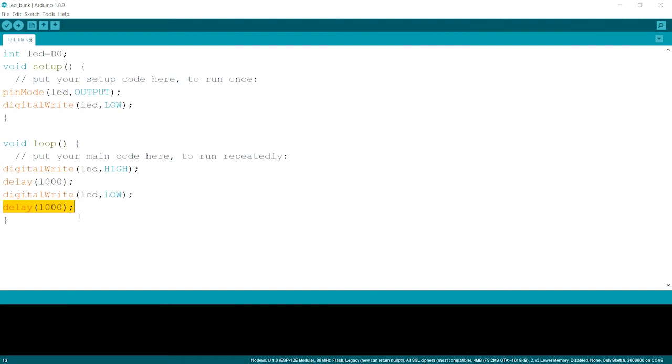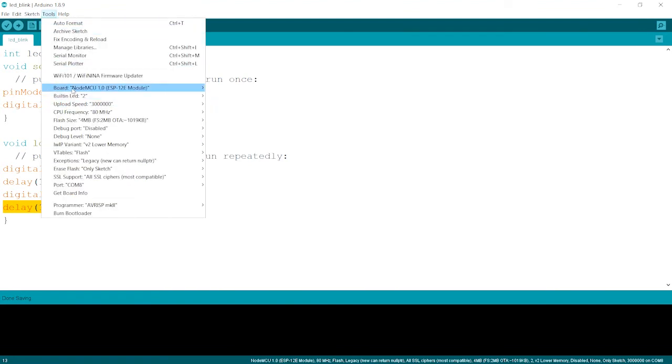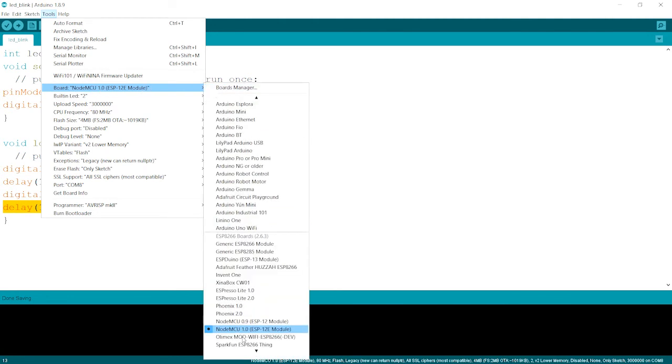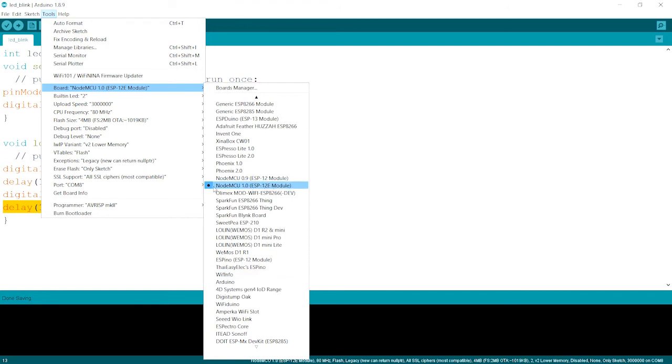So now let us see how to upload the program. First of all, we have written the code and plugged the USB of the Node MCU board into the laptop. After doing this, we'll save the program, and then we'll move to tools and go to boards, and select the Node MCU board, this one.